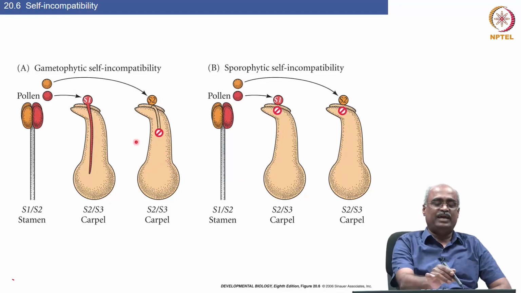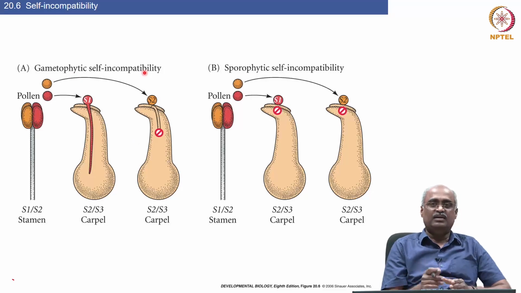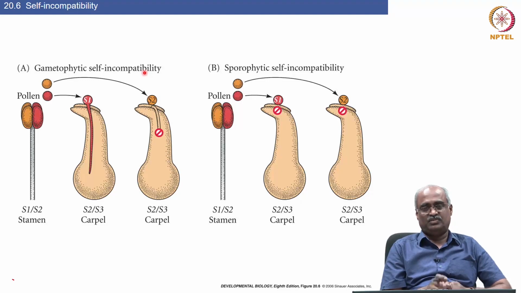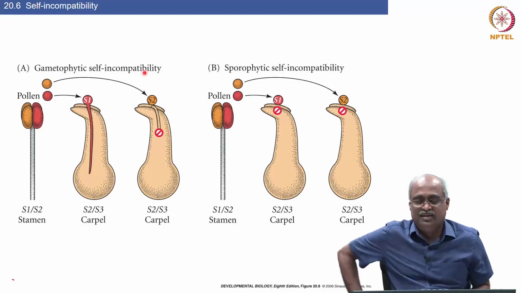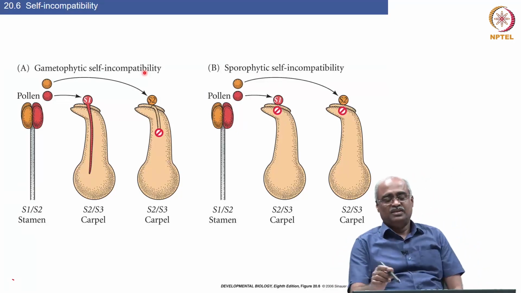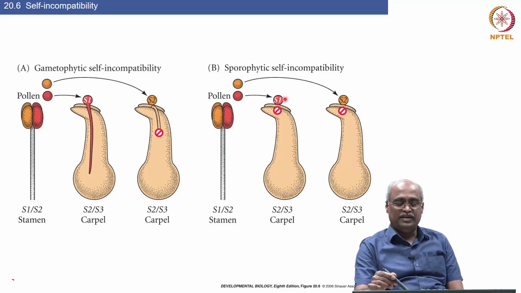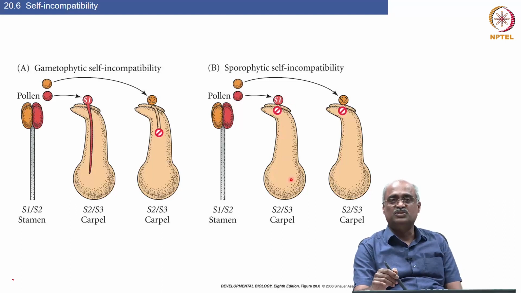So, this is called gametophyte self-incompatibility, where the gametes sharing the same alleles are recognized as self and pollination fails. The other one is quite interesting in the sense that although this pollen is S1 and this is on S2, S3, so these two alleles are completely different from this, but even then it fails to germinate. That is because I told you that the pollen grain has an outer